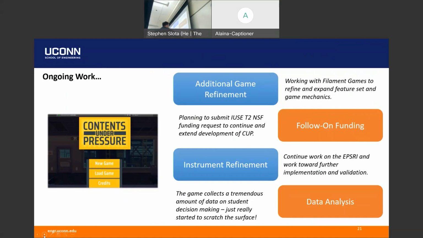And then, I was just talking to Mike about this in the last session, the data analysis. This game is tracked by Google Analytics, so it produces a tremendous amount of data about how students interact with it: the time they spend on tasks, what they're doing, how their mouse is moving, all these different things that you could mine for how they're thinking about things. We're really just scratching the surface of the data we have. One of the graduate students we worked with did some of that data mining recently for a paper that I think he's presenting this June at ASEE, looking at how students try to optimize those different metrics.